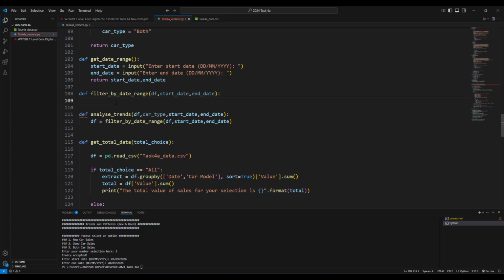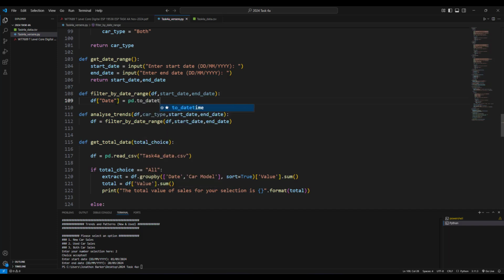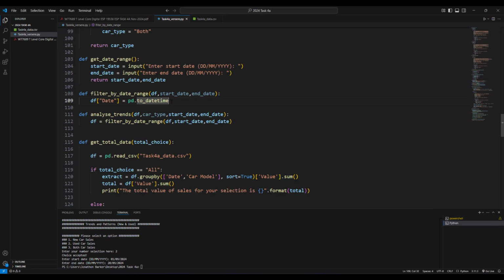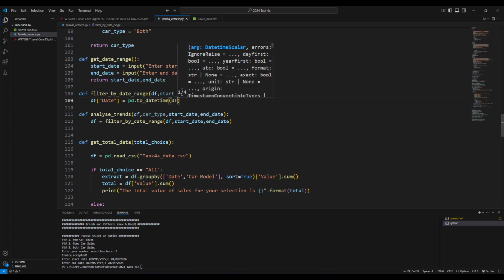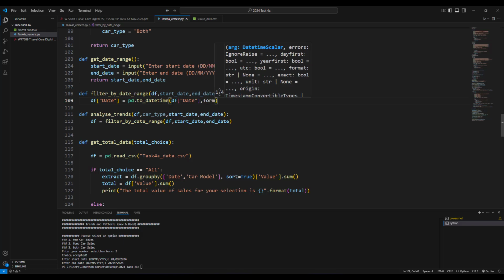Right, there we go. Now I'm going to say df, go to the date column inside your data frame, and pd.to_datetime. Now what this does is it goes into here, takes the date column and converts it into a datetime. Now I'm going to make sure that df date, that column again, is in the format